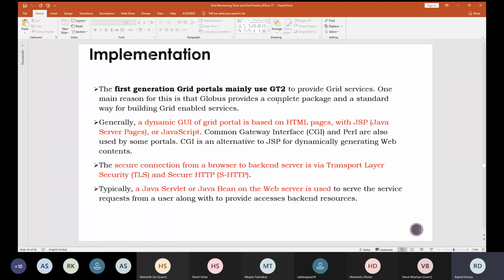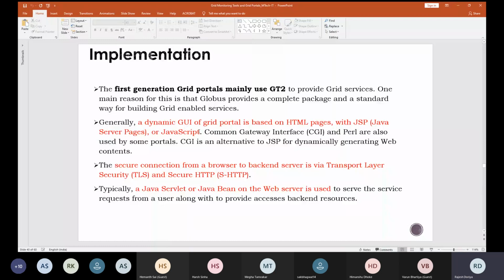Apart from that, if you talk about the creation of grid portals, dynamic content is somewhat challenging and somewhat complex. So generally a dynamic graphical user interface of any grid portal is basically based upon some HTML pages only, right? And some dynamic content can be created with the help of Java Server Pages or JavaScript.